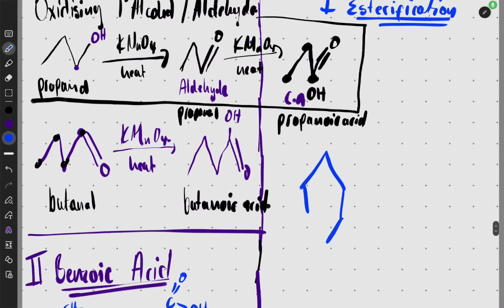Continuing, sorry about that glitch, with reactions of carboxylic acids. I wanted to put it alone. There are only two, so easy. Number one is esterification, which here we can just put our